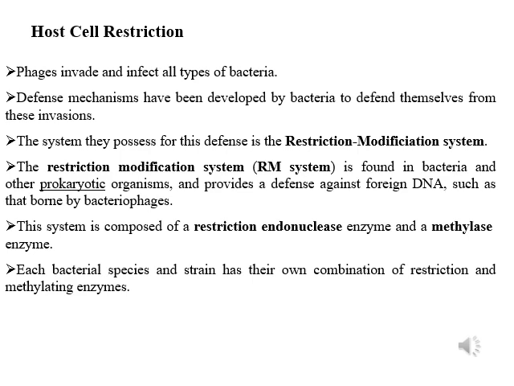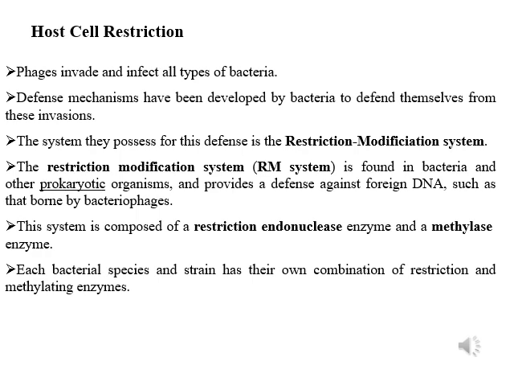The restriction modification system, in short, is also called the RM system. It is found in bacteria and other prokaryotic organisms, mainly to defend against incoming foreign DNA such as phage DNAs. This restriction modification system is made up of two components. One is restriction endonucleases, the other is a methylase enzyme. So two components form the restriction modification system: one, the restriction endonucleases, and two, the methylases.